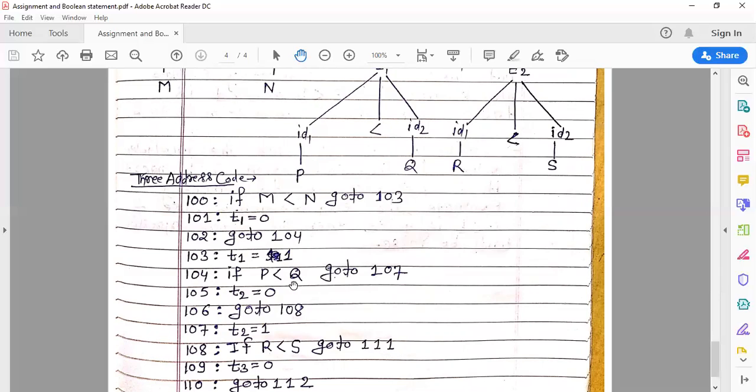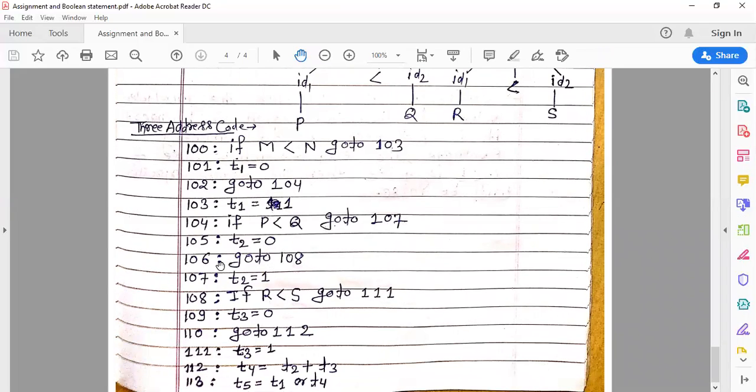So if P less than Q, go to 107, meaning this condition is true, then our control jumps to the 107 address. If this condition is false, then control jumps to 105, and 105 is t2 is equal to 0, 106 go to 108. So the false statement is here.